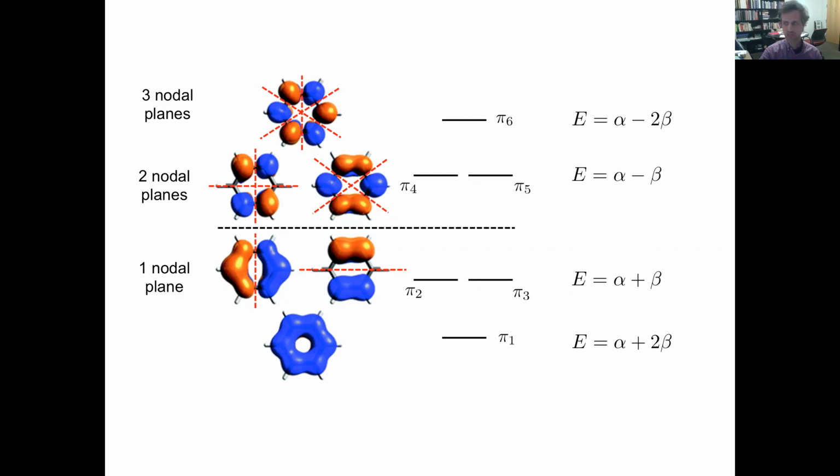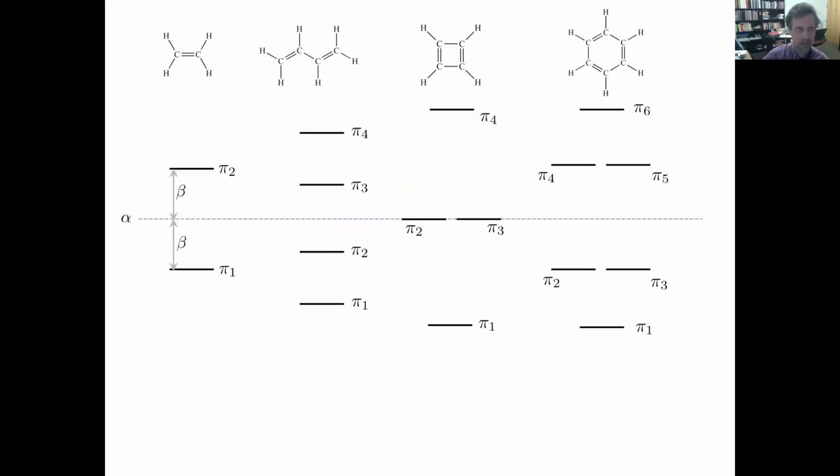Okay, so these were a bunch of molecules we discussed. The ethene molecule, the butadiene, cyclobutadiene, and then the benzene molecule. And we found energies for all of them. All right, and here are the molecular orbital diagrams of the molecular orbitals of the pi conjugated system for each